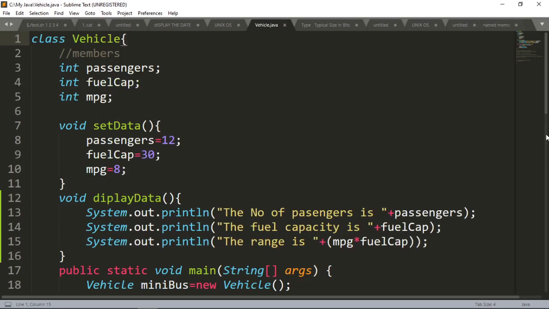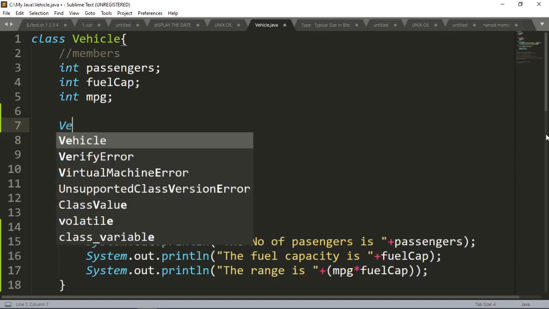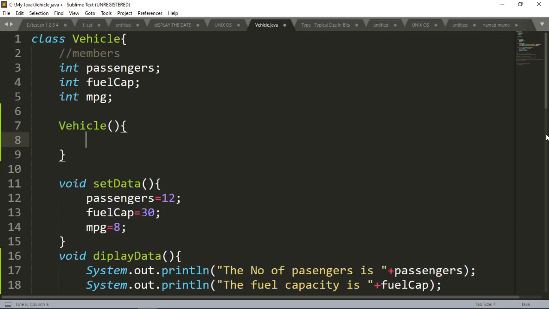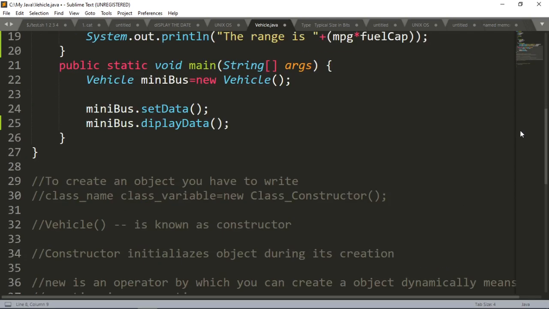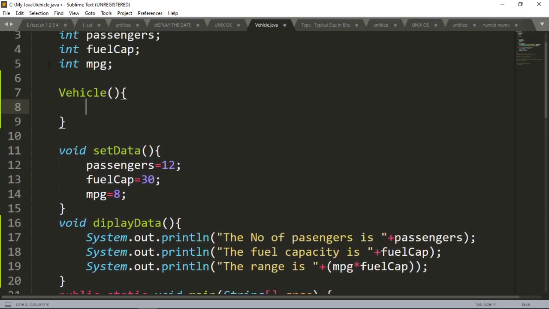So first of all, I will define a constructor in my class. The class is called Vehicle. So here I am declaring a constructor in my class, and look, I didn't provide any return type, not even void. I will not provide void also, because that is not in the rule. A constructor is like a method; it can accept parameters or arguments, but I will not provide any return type, because a constructor doesn't have an explicit return type.